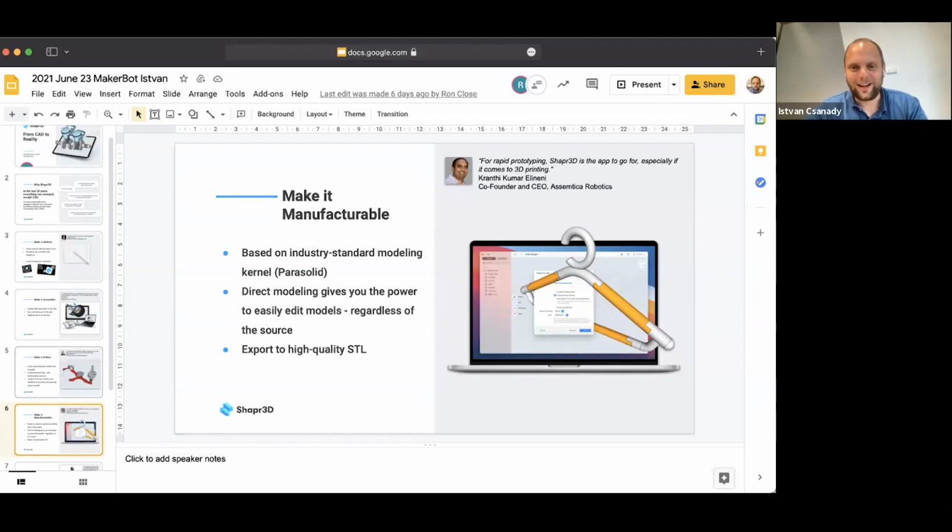These are actual industrial grade manufacturable solid models. Thanks to Parasolid, you can export these designs to a really detailed, high quality STL format, and using the power of direct modeling, you can also edit solid models in Shaper 3D that you are importing from other CAD systems.